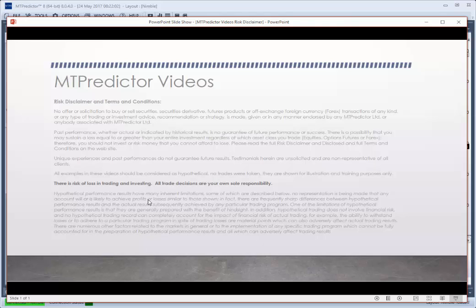Today's MTPredictor video, I'd like to have a look at the Nifty and the BankNifty on 3-minute charts and see how they unfolded today. But before we start, I'd like to have a look at our risk disclaimer